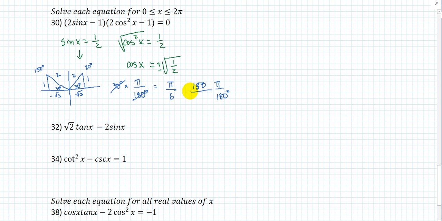Okay, so 30 goes into this 5 times, it goes into this 6 times, and then you're left with 5 pi over 6. So far I'm going to go ahead and write our answer here. We have x equals pi over 6 and 5 pi over 6,